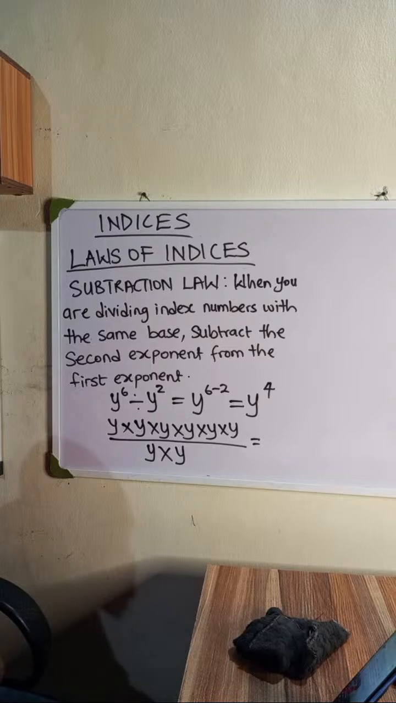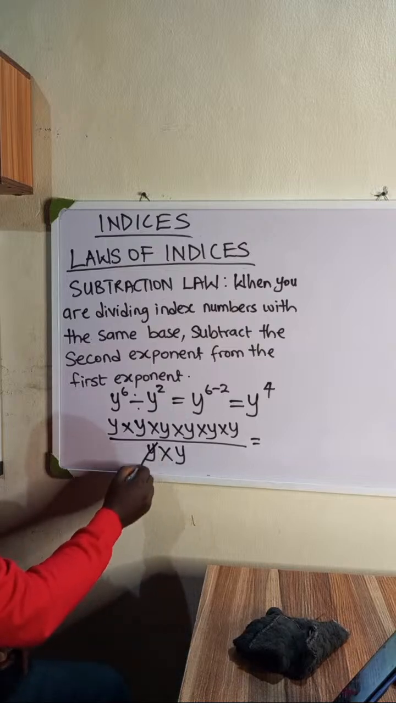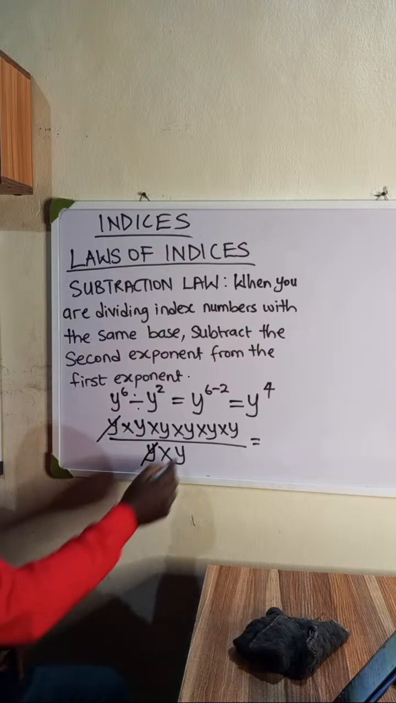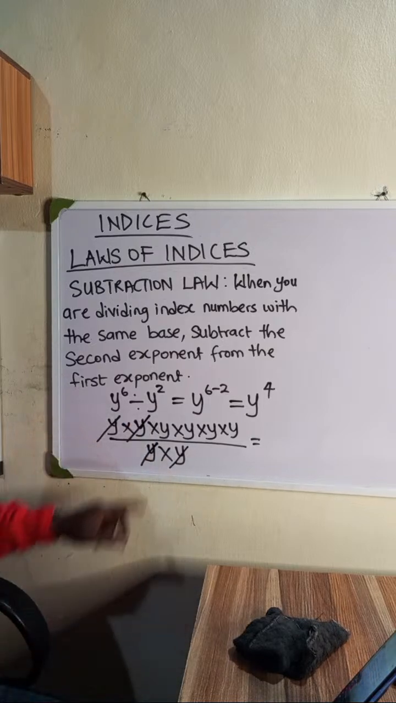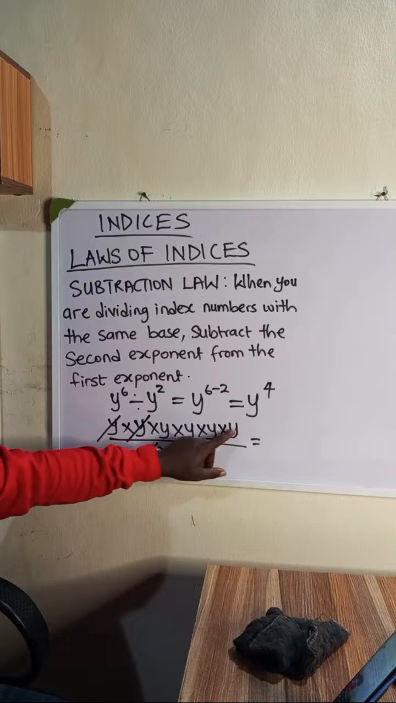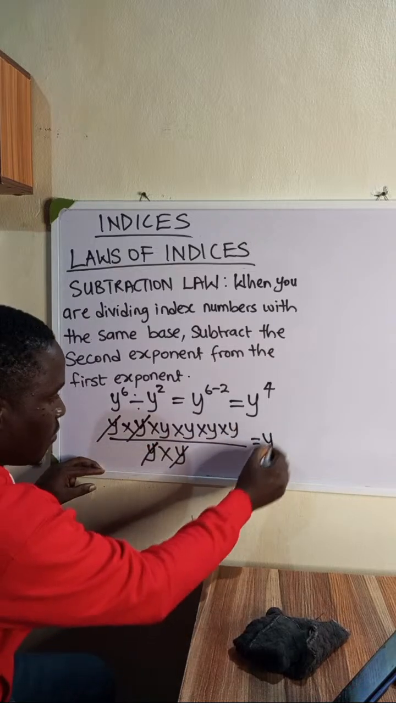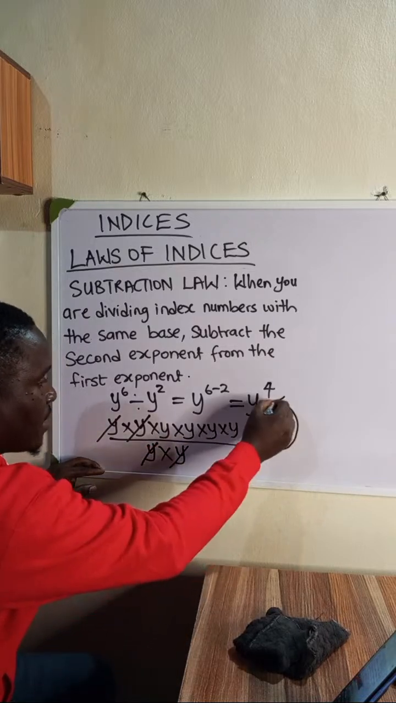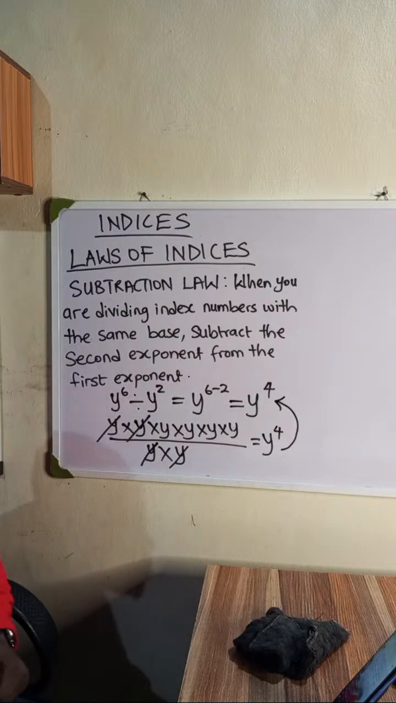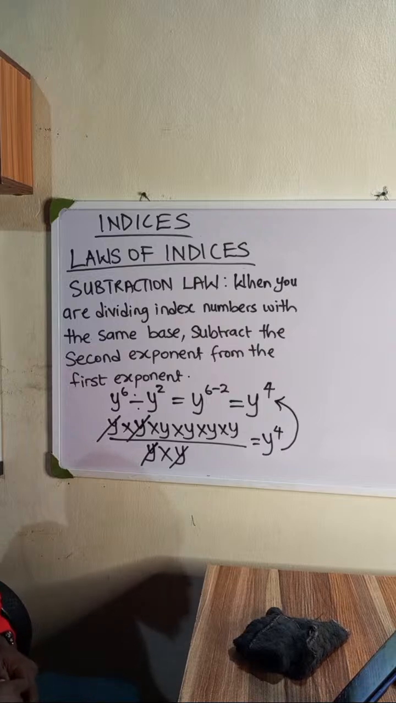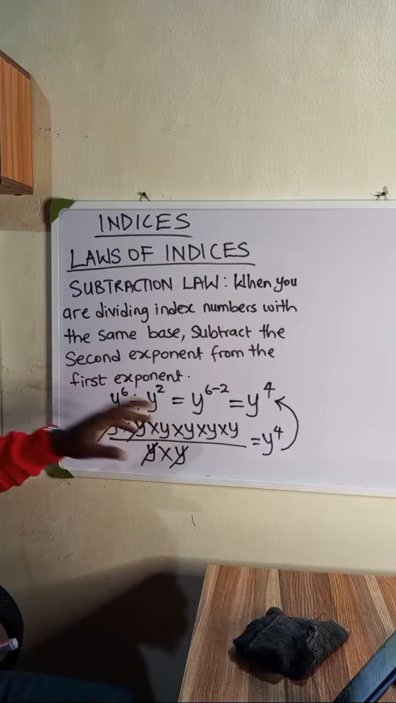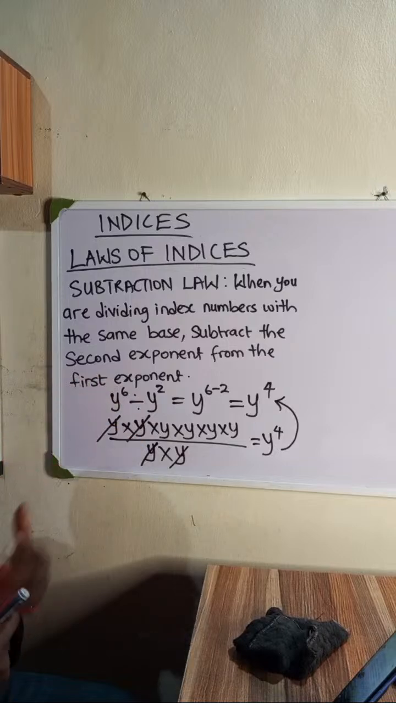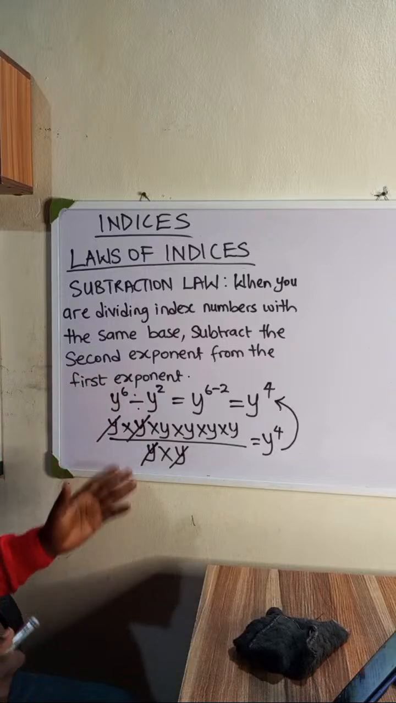So let's see what is going to be left. 1y is going to cancel out 1y. 1y is going to cancel out 1y. So how many y will be left? 1, 2, 3, 4. Y to the power of 4. So that confirms that this process is correct. Whenever you have two index numbers with the same base, one dividing the other, all you need to do is subtract the